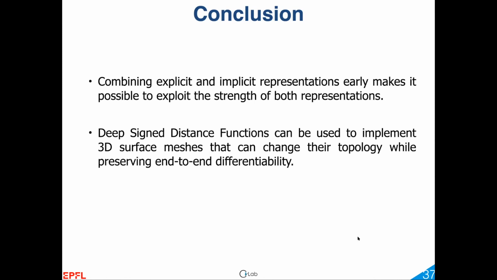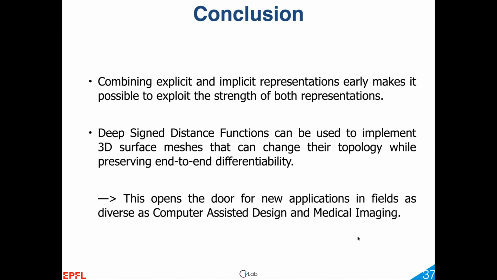What we use are what's called deep signed distance functions that can be used to implement 3D meshes that can change the topology, and we can make the whole thing differentiable. And this opens the door to many applications in fields like computer-assisted design, which I've shown,